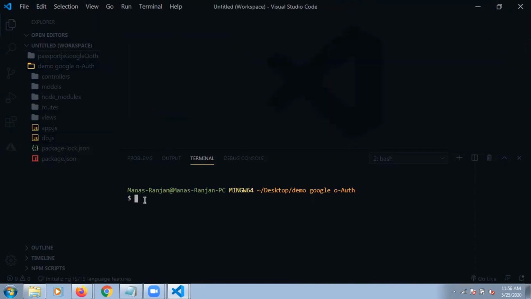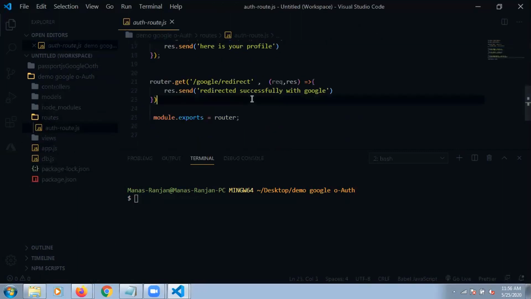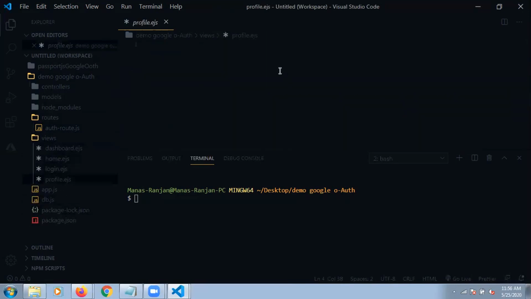If you have not watched the first video, kindly go through our playlist, where the connections and everything are explained. In our second video we discussed how the template engine is connected, how we give the authentication route, and how we connect all the pages inside our views folder, like the home page, login page and profile page. We connected our application with our template engine. So today we are going to learn the basic fundamentals of JavaScript which is used in our application.